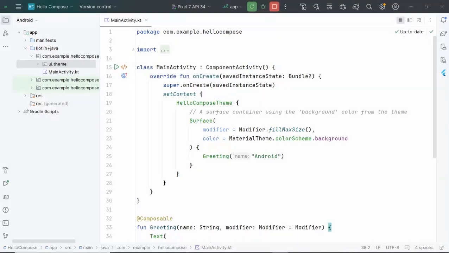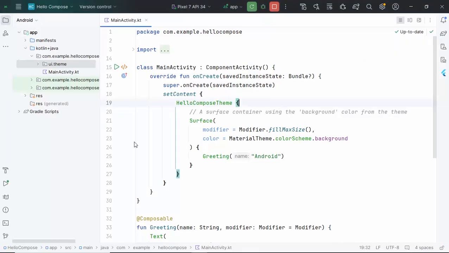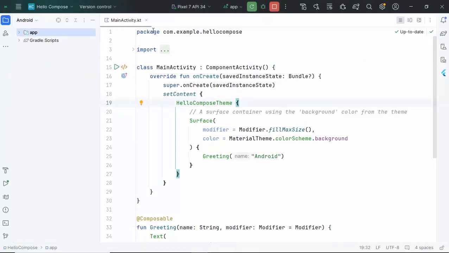In the previous lecture, we created an Android project and ran it on our emulator. This application shows nothing but "Hello Android" on the screen with a white background. Now let's examine this project. You see that we are inside a file called MainActivity.kt, and inside this file we have